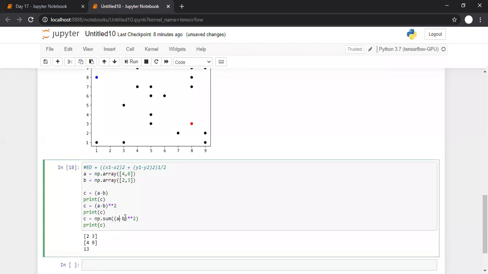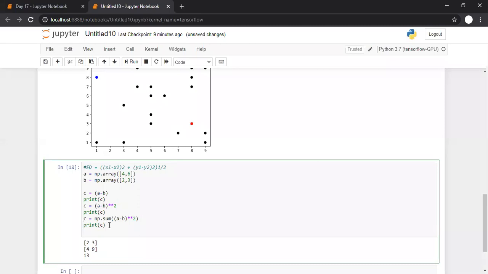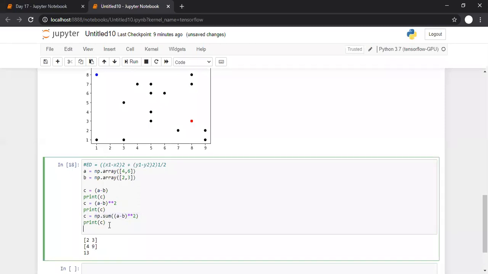So it is x1 minus x2 the whole square plus y1 minus y2 the whole square, and summation. The next thing that we want right now is the square root. So how can we go for square root? As discussed earlier, if I want to take a square root, I can take power raised to 0.5, or 1 by 2.